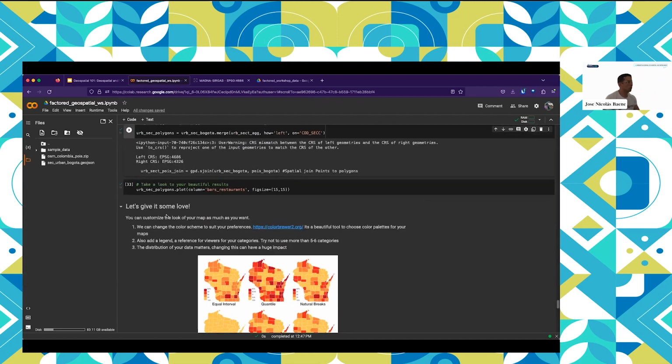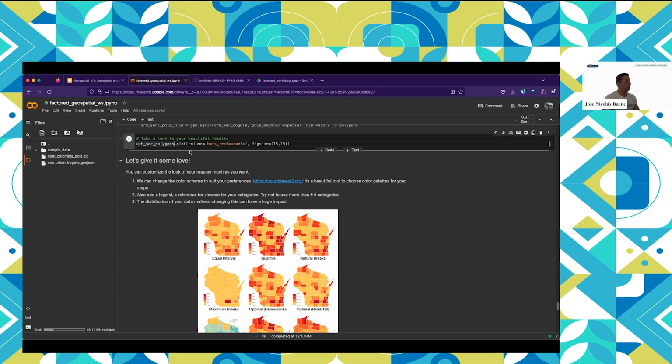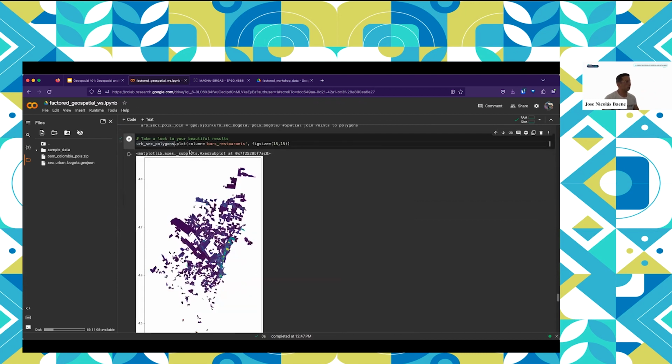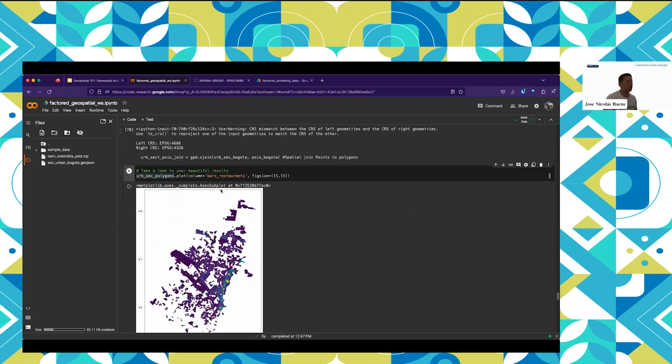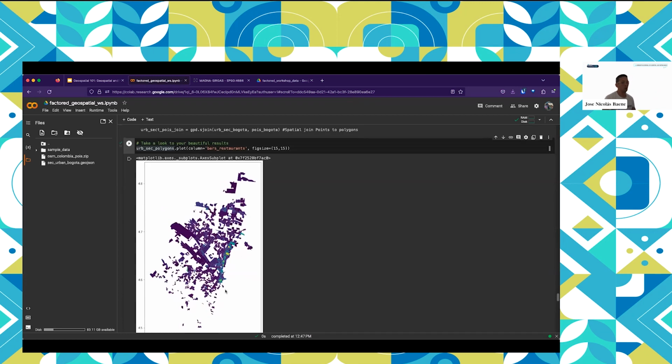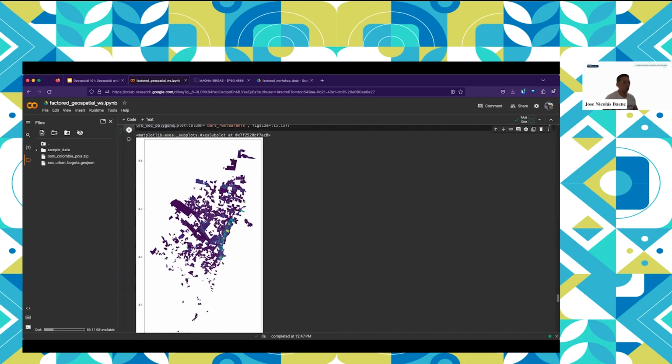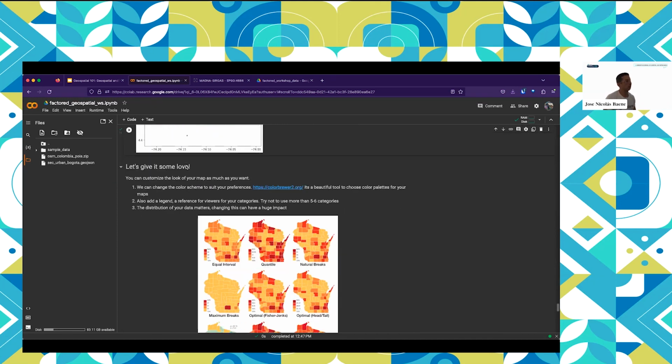Okay, this should be okay. And I can plot it. And this is the first map we have done. So we have concentrations. And this is not a good map, but this is our first map. I can sense there is a concentration around here probably, but I don't know the values. But well, we have something, we have the data, so let's start working.